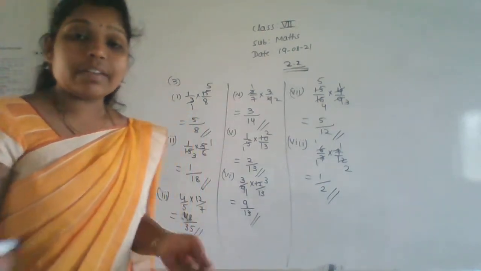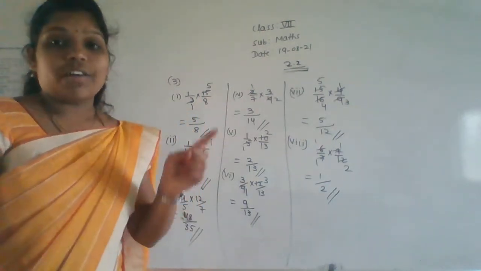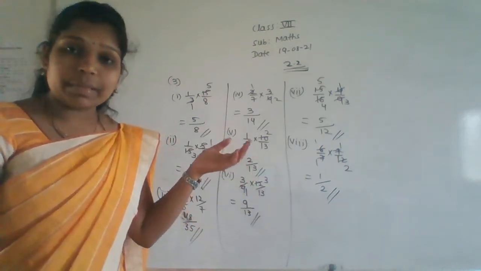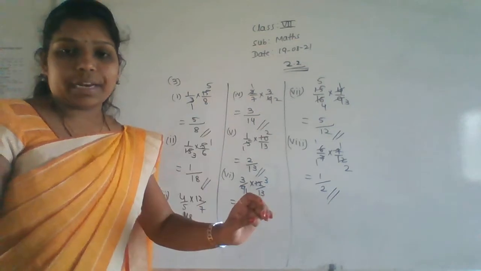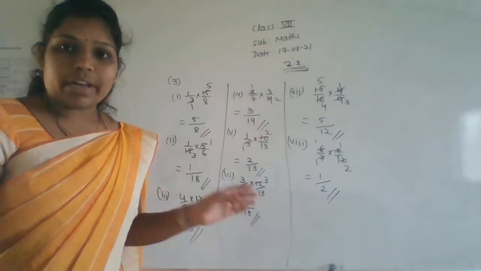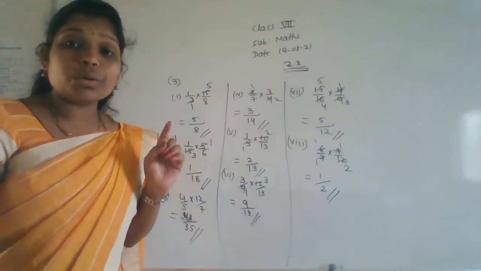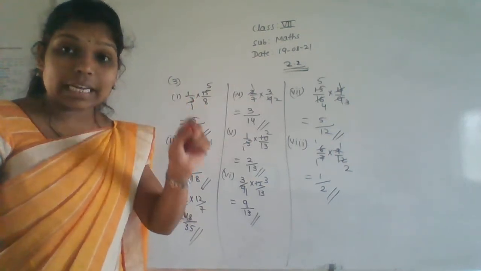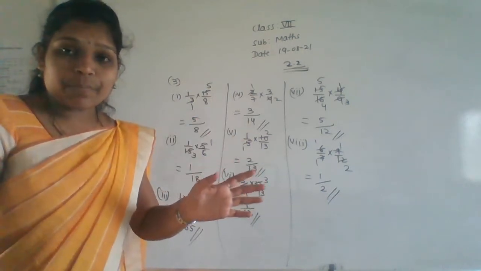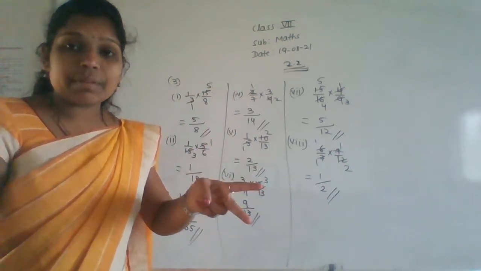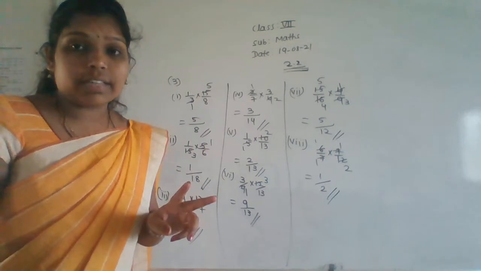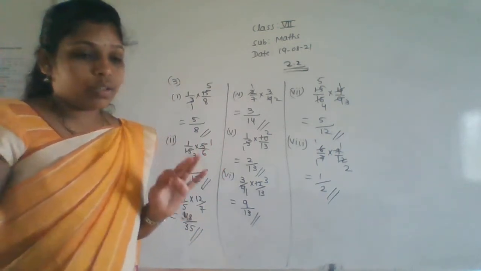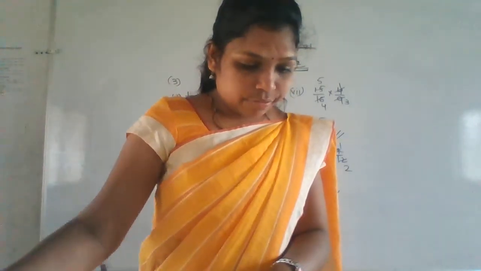Okay. Like that we have to simplify. Wherever the cancellation is there, just do the cancellation. After that, do the multiplication of numerators and denominators. That will be the answer here. Very easy concept. Okay. So how to do the cancellation? Whenever both values are in the same table, not in a different table. If both the values are in the same table, then only we can cancel the values. Otherwise, we can't cancel. Understanding everyone? Yes. So now we'll go for the fourth main.